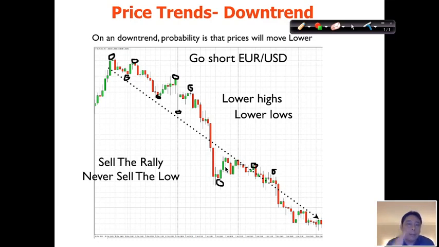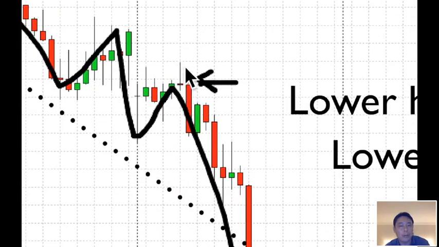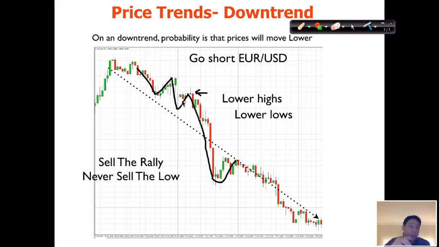And again, on a downtrend, the probability is that prices will continue going lower. All right, so you always want to sell or go short on a downtrend. Okay, and the ideal time to go short is when the price makes a temporary rally, all right, a high, right? So price goes down, rallies up, down, rallies up, so on and so forth. So you want to sell at the rally, somewhere there before it collapses. And again, if you take a look, you can see a really nice bearish pin bar, right? So that would have been a very nice time to enter, but we have to confirm there's some kind of resistance, as I told you about, right?